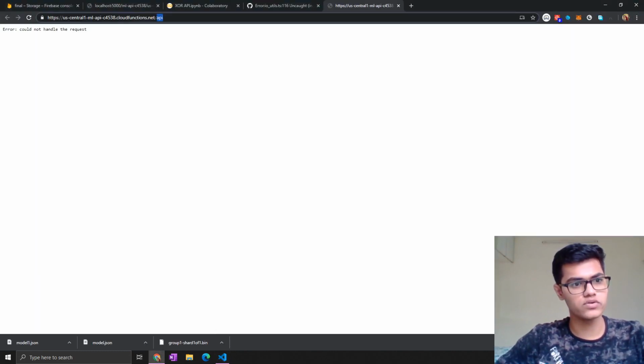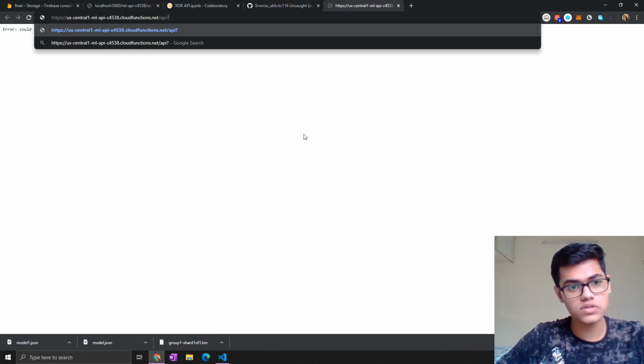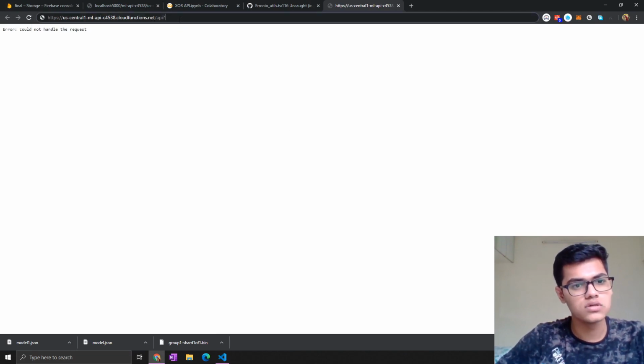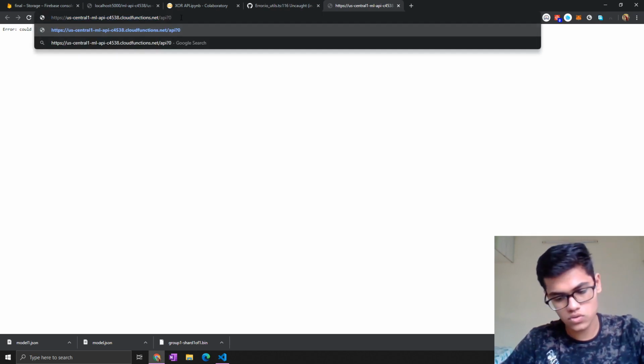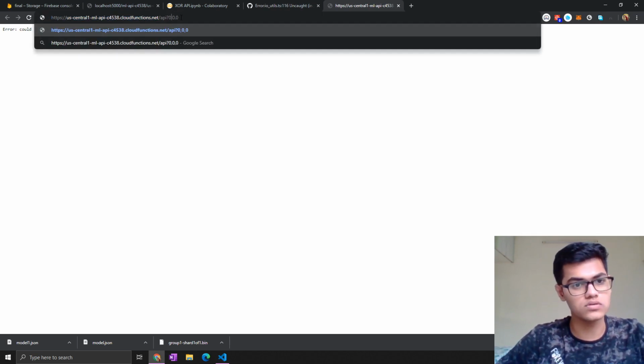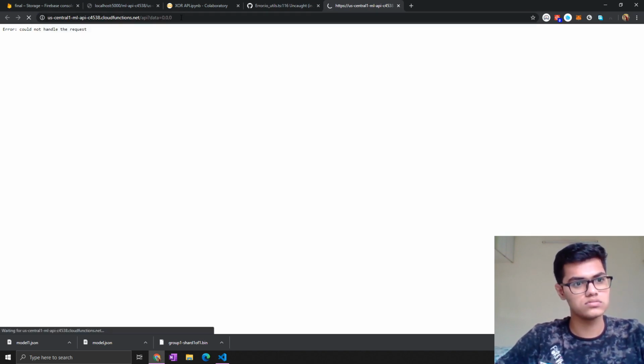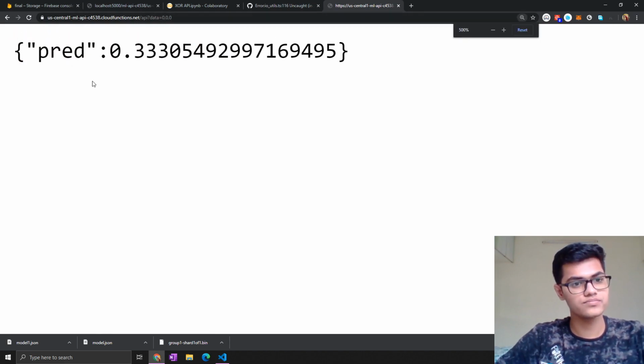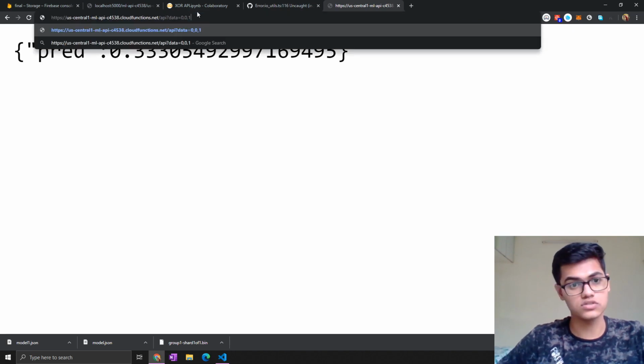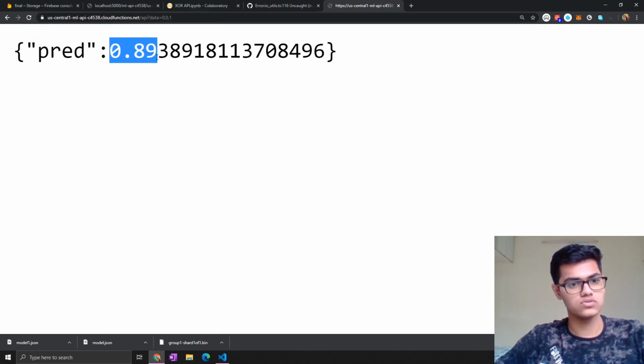You can see we need to pass the arguments. Suppose this, okay, I can't zoom this. So if we pass 0, 0, 0 into data, I think, okay, it is working correctly. We are getting the prediction back. If I change this to 1, okay, 0.89. So as you can see, the number of ones in the input is odd, so we get 0.89, which is correct.